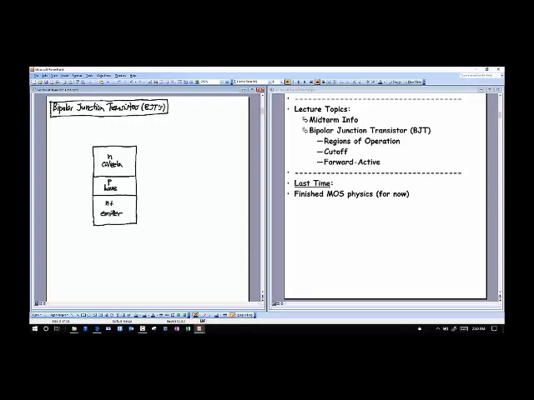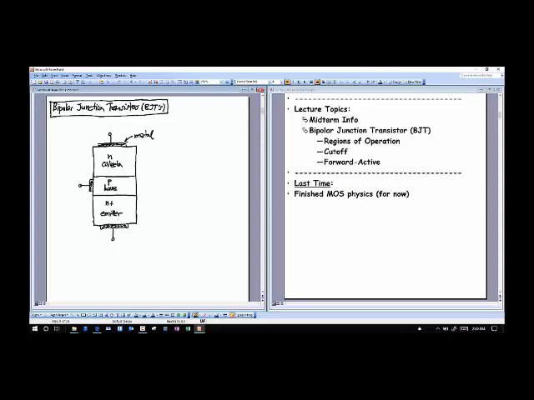And so let me go ahead and put some metal contacts on this. Okay, so that's metal, as it's been in past drawings. The way that I'm going to operate this transistor is I'm going to put several voltages on it, and it's a 3-terminal device, just like the MOS device was before.